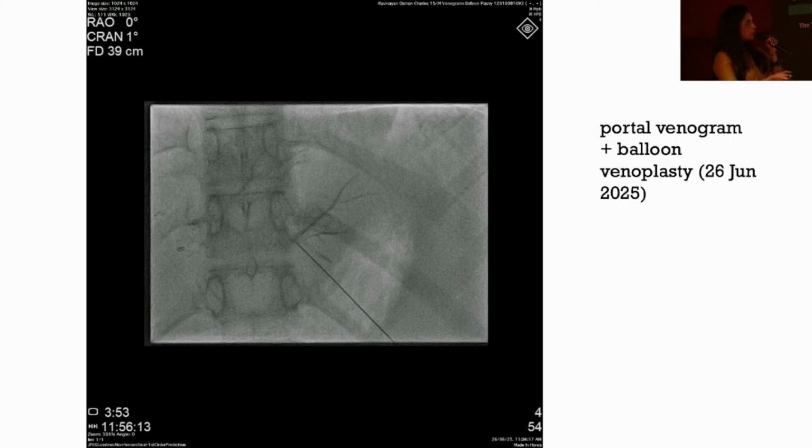So this is a portal venogram. We try to do venoplasty and